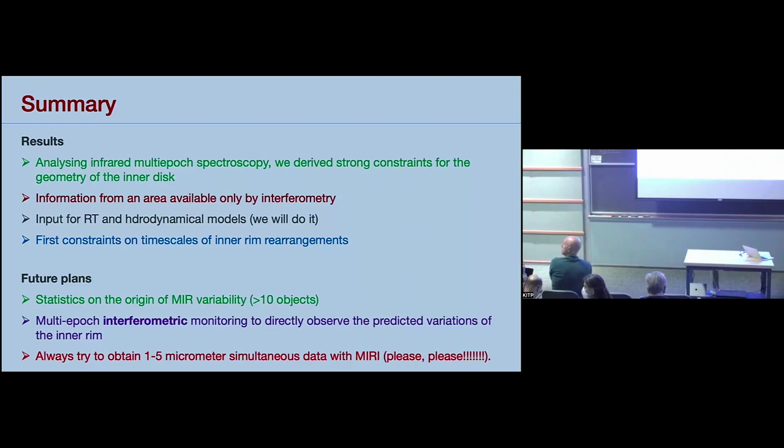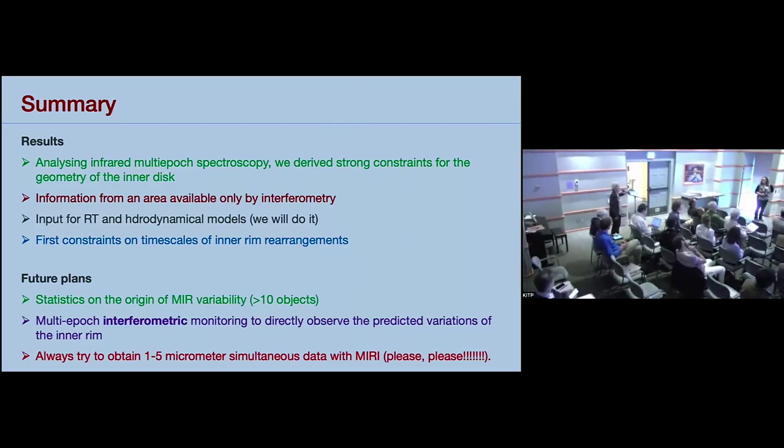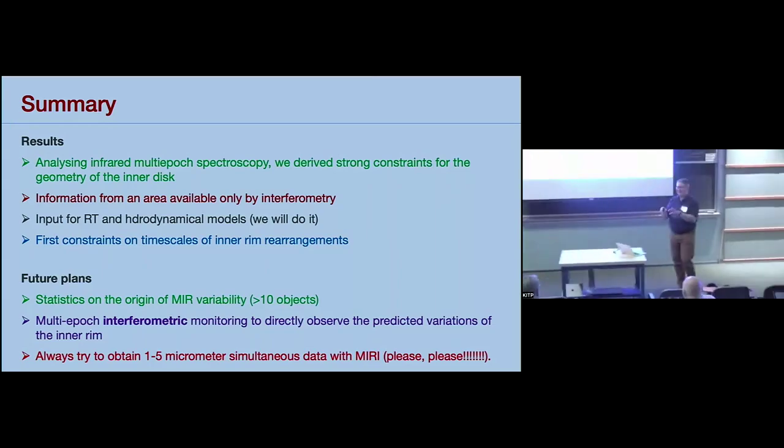Nuria Calvet, Michigan. It seemed to me the first star that you showed, the one that varied a lot, that when it got fainter, got redder. So if that's the case, maybe you could get some information about the grain, the dust that is actually producing that variability, assuming that it's like an extinction event. Yeah, maybe here it's really a combination of an extinction and a variable star, so we have to try to separate the two. That's the challenge.